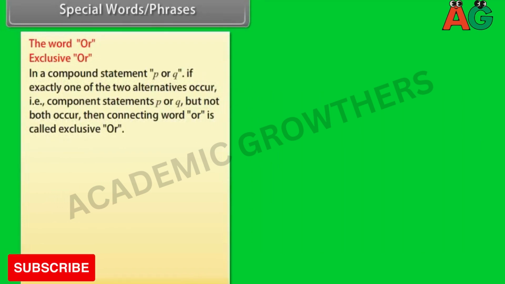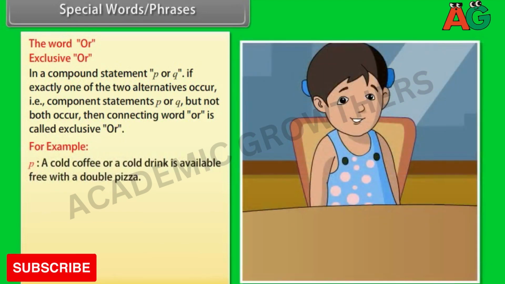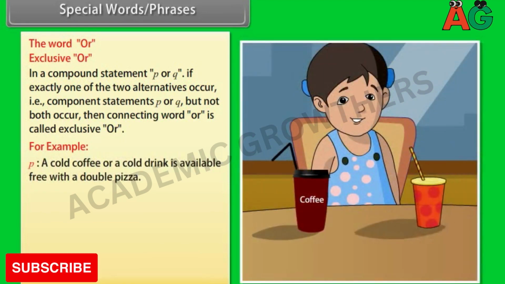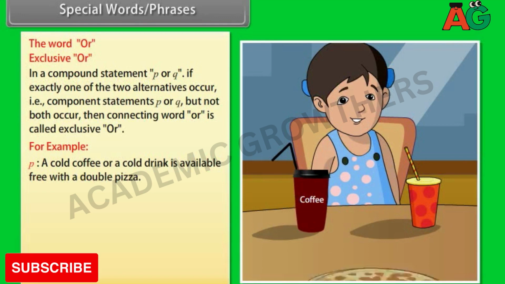The word "or". Exclusive or. In a compound statement P or Q, if exactly one of the two alternatives occurs, that is, component statements P or Q, but not both occur, then the connecting word "or" is called exclusive or. For example, P is a statement that a cold coffee or a cold drink is available free with a double